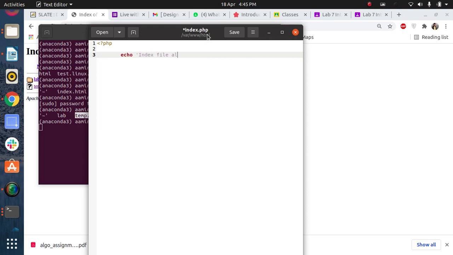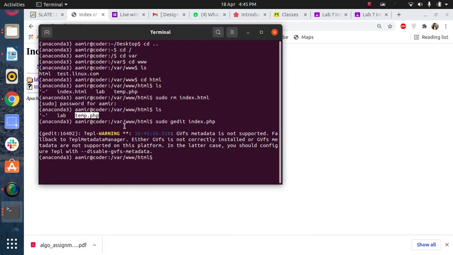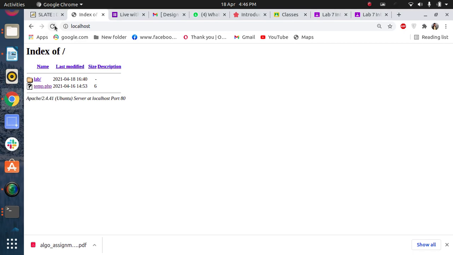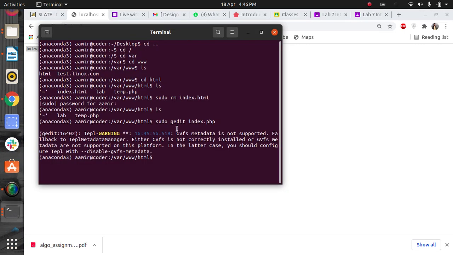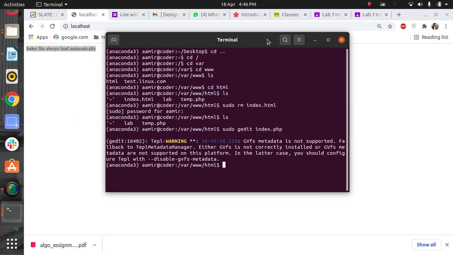index file always loads automatically. Let's save this file. Now you can see when you load it, the index file always loads automatically. This file is loaded. So now if I want to load other files which are present in these directories,